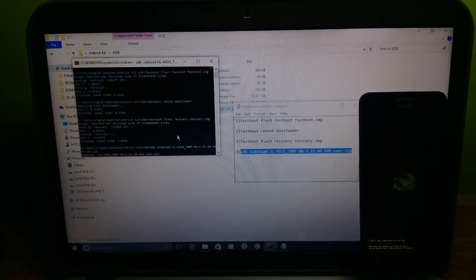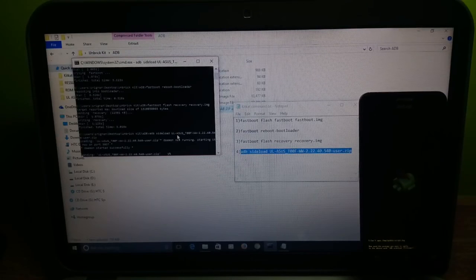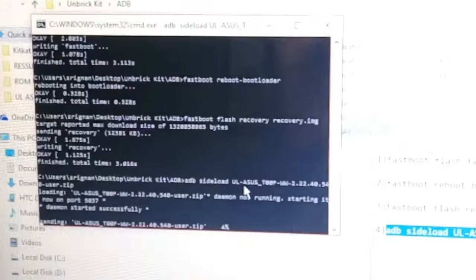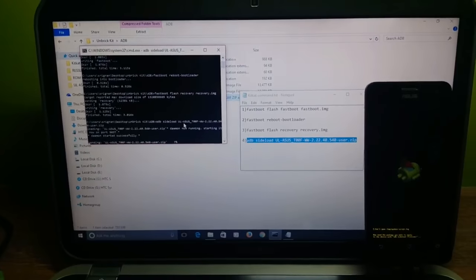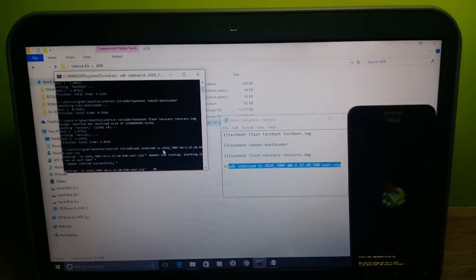So guys, it says it's loading and the process is going on. So guys, it's gonna take some time, so please be patient.